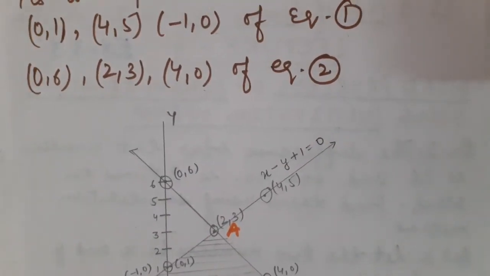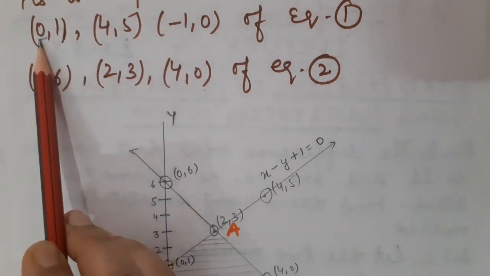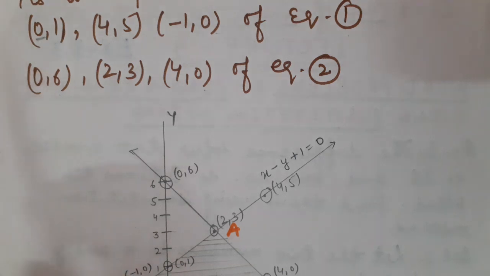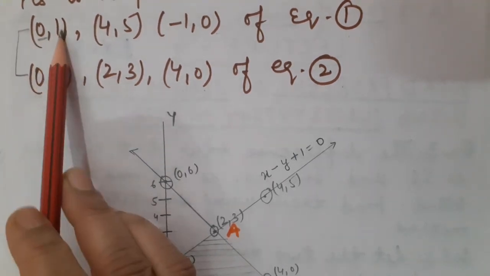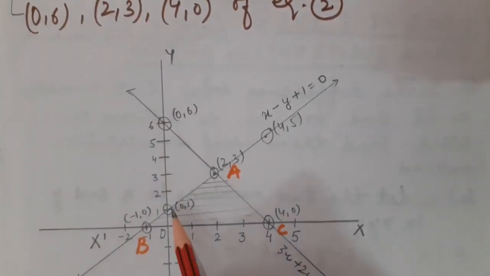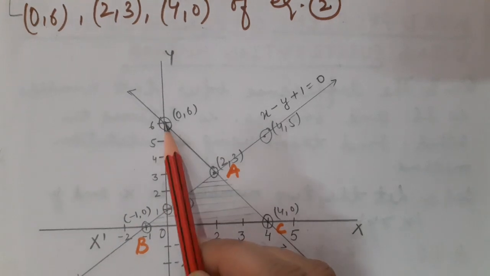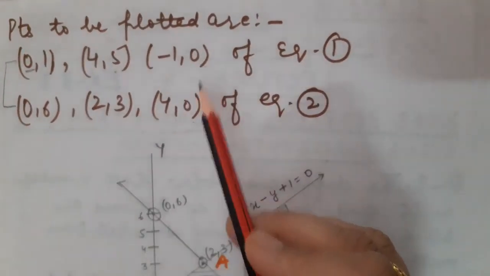Children, always make sure whenever the abscissa, or I should say the x coordinate, is 0, then that very point will be plotted on the y-axis. Here for these 2 points, for these 2 coordinates, you can see the same condition, right? So here I have plotted 0, 1 and here it is 0, 6. Clear? Let us discuss these 2 points now.